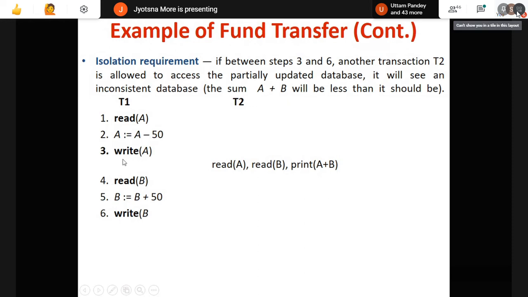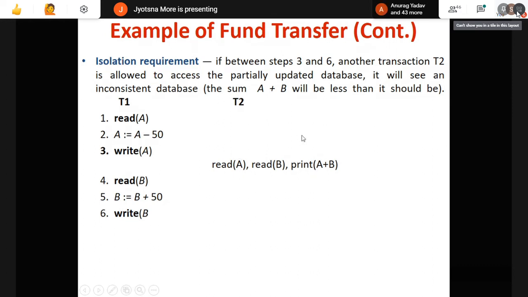After step 3, some other transaction started. So here after step 3, my transaction is not complete. It is partially completed or updated. So if T2 is accessing the partially updated data by T1, right? Then T2 will get inconsistent data